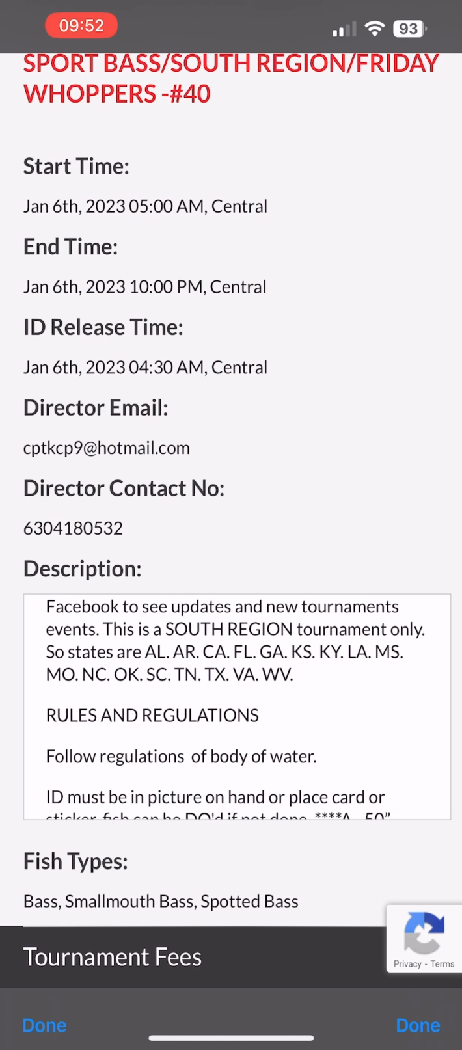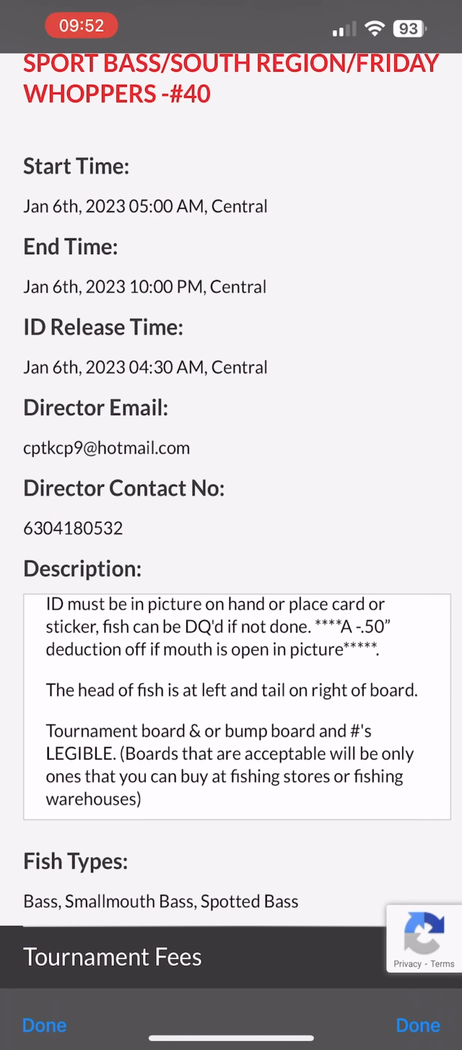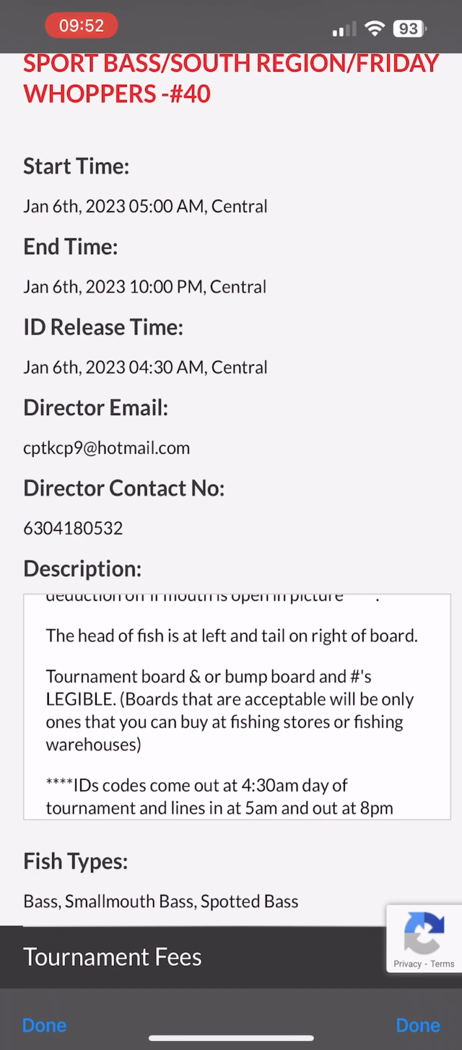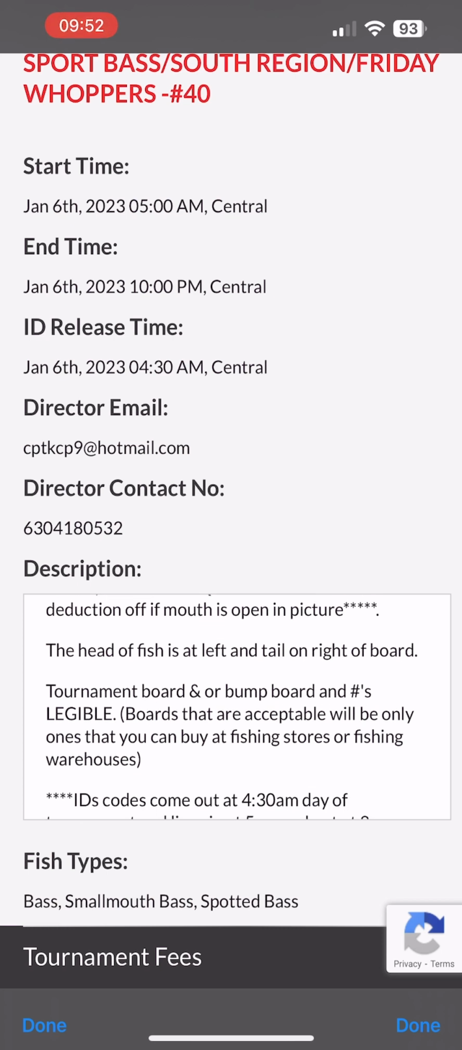And then here it gives us all the information about the tournament that we need. Since this is not a tournament that we have competed in before, we would need to go ahead and actually read all of these rules. And so we can see that there's a half-inch deduction if the mouth of the fish is open in the picture. The head needs to be to the left and the tail on the right of the board, which is standard